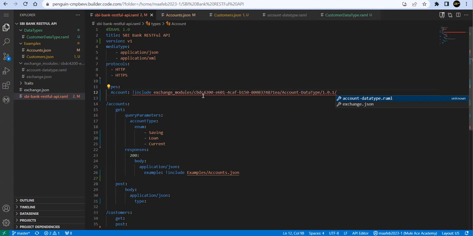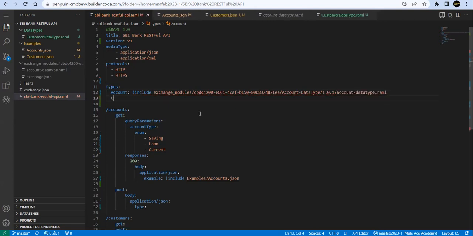version and RAML file. The second one, I have a data type called customer. Again, I will say include. This time I'm not going to have exchange modules. Now I have a local copy of the data type. So there are two different ways of